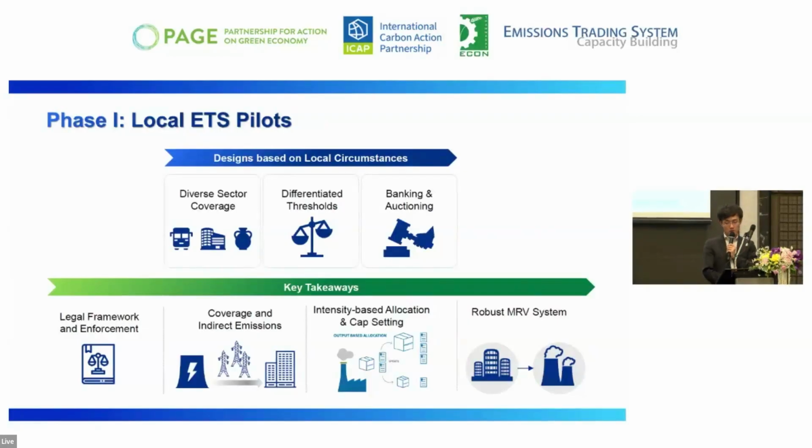Just for instance, in Hubei, originally the covering threshold was equal to the current national ETS threshold, which is 26,000 tons of emissions per company per year. With that threshold, all the companies in Hubei province will be covered under the pilot ETS. But in Beijing, Shenzhen, and also Tianjin, because Hubei is a province in China,